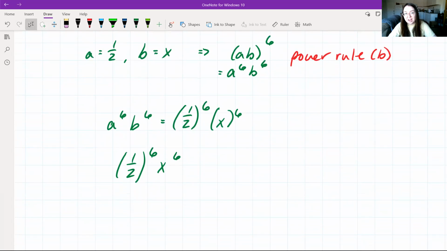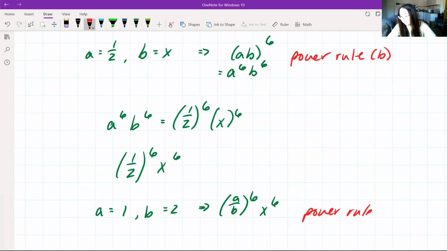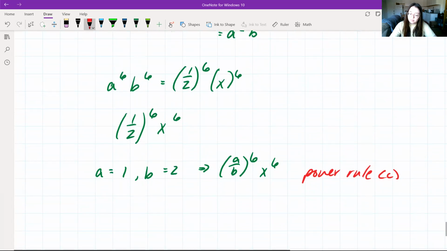Well, we have a 1/2 to the power of 6. We have a fraction to a power. So we want to simplify this one more time. We're going to say that a is equal to 1 and b is equal to 2, where now we have a divided by b to the power of 6 times x to the power of 6. And this is our power rule C. From this, we know we're going to get a to the power of 6 divided by b to the power of 6 times x to the power of 6,